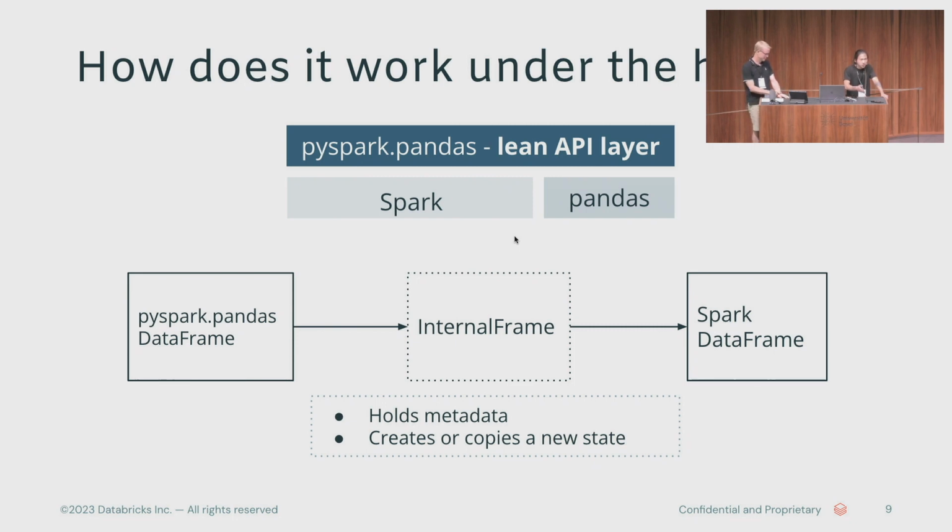This was actually inherited from the characteristic of the RDD, that is the core of Apache Spark. So because of this difference, we have the syntax difference too. We copied this Pandas API behavior by having another layer called internal frame. So from the end user's perspective, it allows the mutable operation, but under the hood, we have one layer called internal frame, and then it makes a copy under the hood.